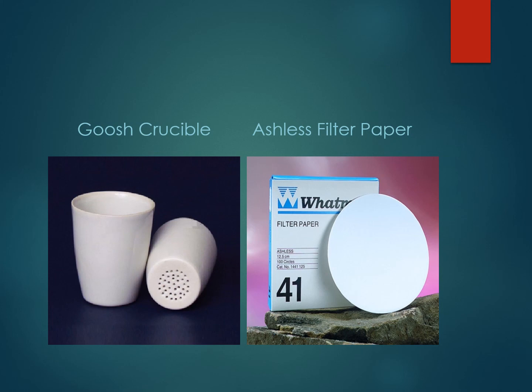Further, you have to dry the precipitate in the desiccator in the Gooch crucible itself. And lastly, you have to subtract the weight of the empty Gooch crucible from the total weight of the crucible as well as precipitate, thereby obtaining the final weight of the precipitate which is formed. Have a look at one type of Gooch crucible and ashless filter paper. Ashless filter papers of various grades are used based on the samples under analysis.